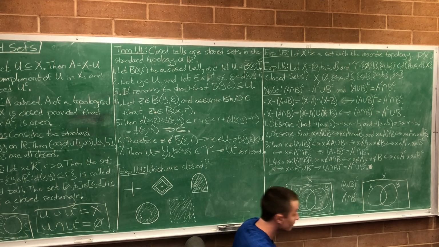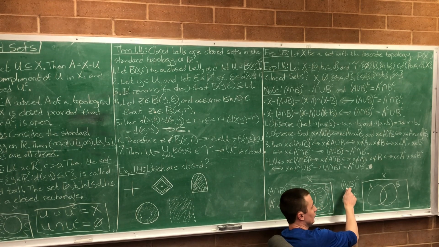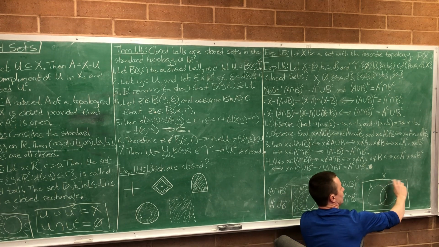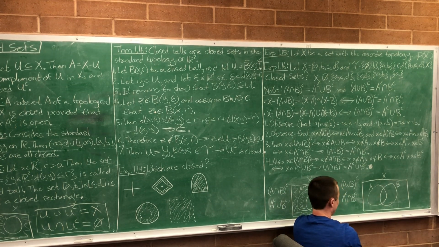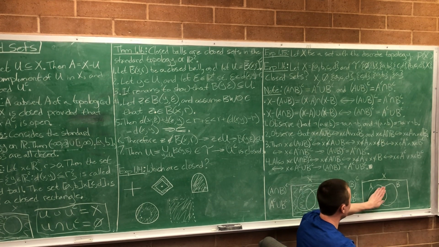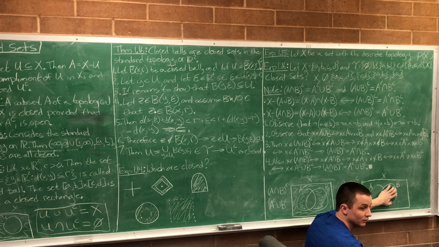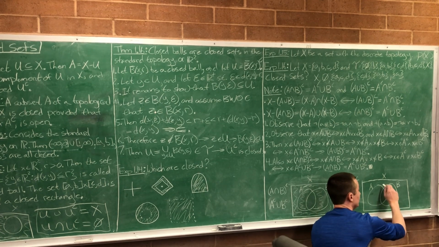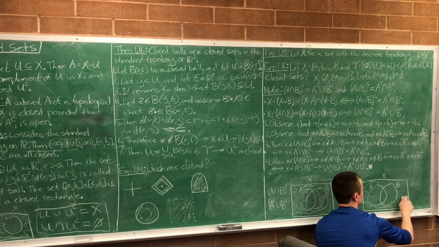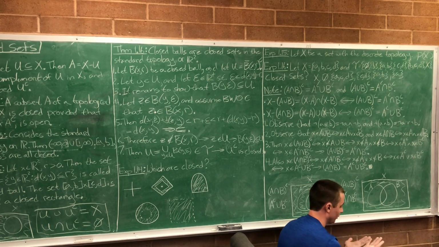Okay. Good? So maybe this one, I'll start with the bottom one and show it's the same as the top. So let's understand what the top one is. A union B complement, that's just everything out here, right? Okay, so now let's look at this one. We look at A complement, that's everything not in A, and we intersect it with B complement, everything that's not in B. That's just the outside. And that only leaves the outside. You see it? Okay, here's our pictures.